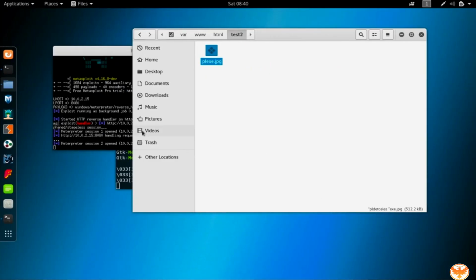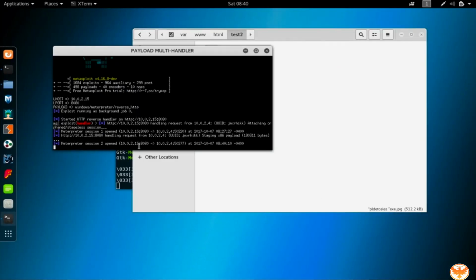If you go here, you can see that you are now hacked into the victim machine. Now you have your Meterpreter session. So we're going to stop here at this